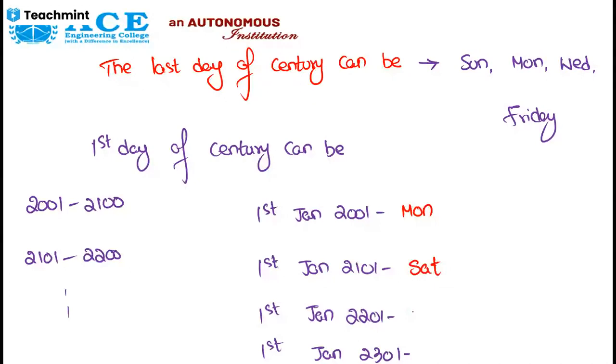And this one, if you just calculate all those, we already got Thursday now, and this will be Tuesday. You just check it out. We have to get Tuesday, Thursday, Saturday, Monday. This is the last day of a century, and we know what cannot be, and what the first day of a century can be. So this is how you can calculate, or else the other way is for every